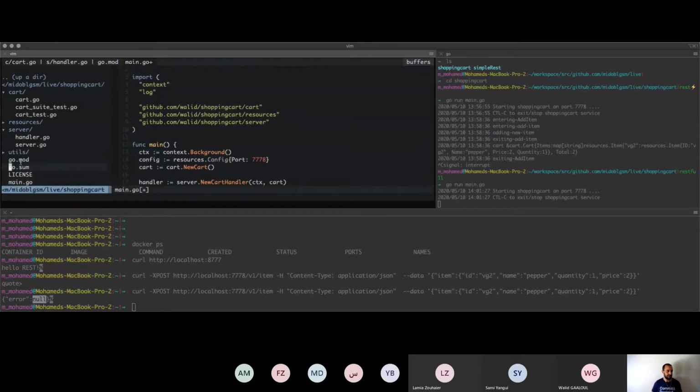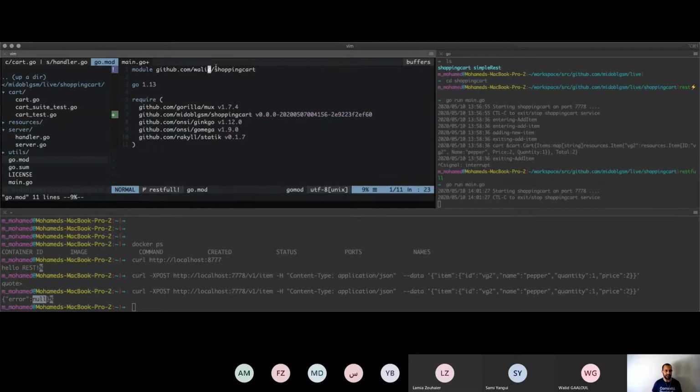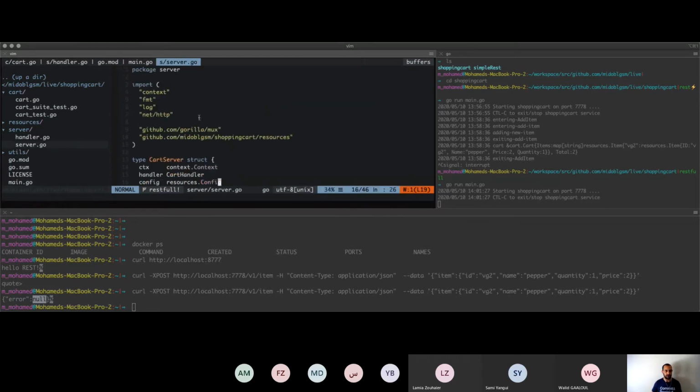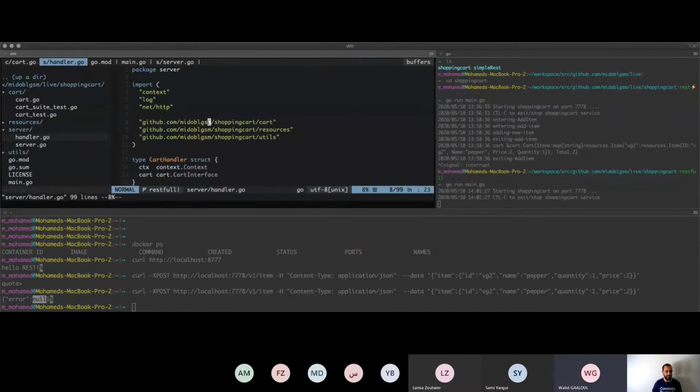So I went into the Go mod. I used your name here, and now I'm making the changes just here. I specified Walid everywhere, right? And I will go to the server and use yours instead of mine. Same thing in the